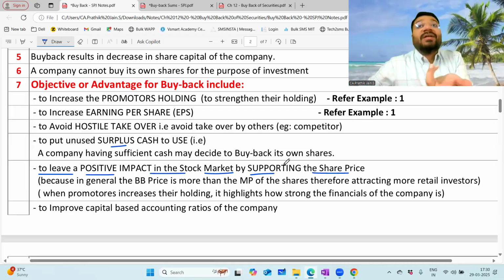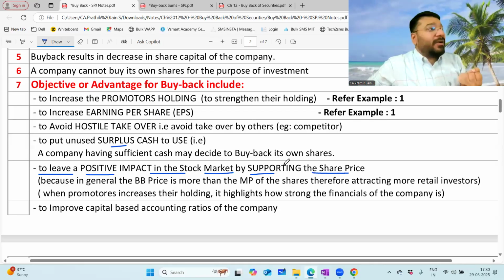If he is not willing to surrender his shares, if he is not willing to sell his shares, how will you buy it from him? Correct? No? Now,